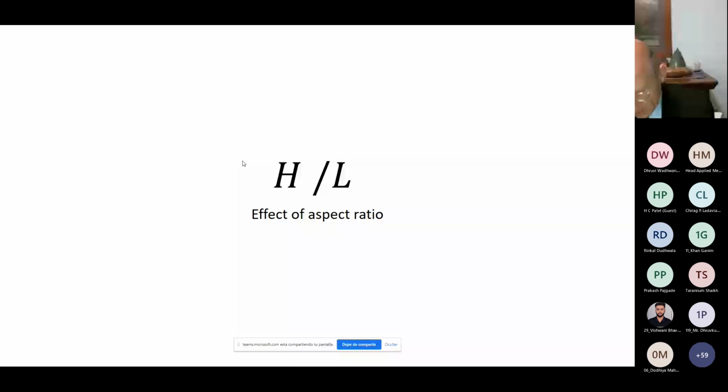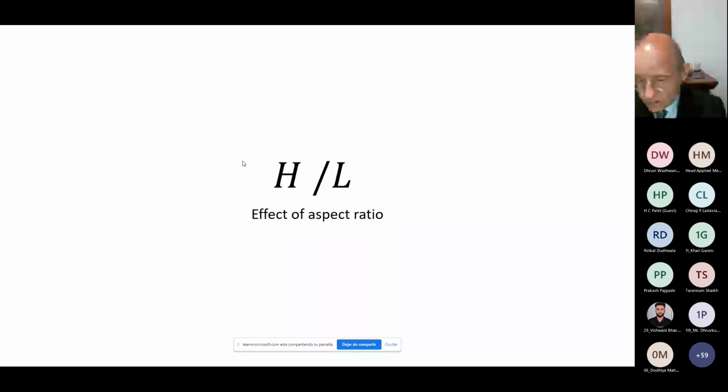The thing was that in the Mexican code, there was a shear strength formula that only depended on the cross-section area of the wall, and parameters such as the axial stress and the shear strength of the masonry. But the aspect ratio of the wall didn't appear in those formulas. And in other countries for reinforced masonry, for example, in the US, the aspect ratio already appeared in the formulas. And so we wanted to see in confined masonry what was the effect of this parameter on the shear strength